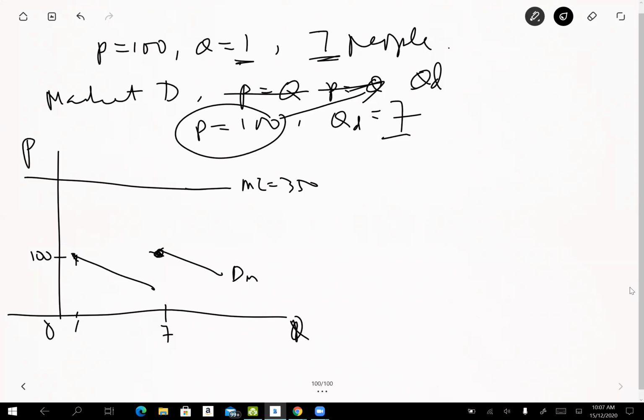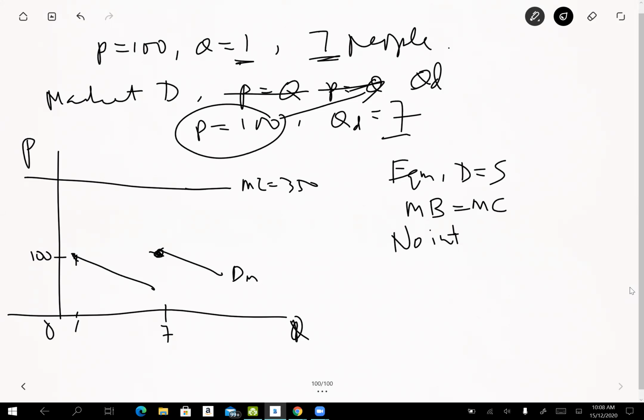So therefore, if you look at the equilibrium, what is the condition for equilibrium? Demand equal to supply, or the marginal benefit equal to the marginal cost. And you will see here, there will be no equilibrium because there is no intersection, all right, no intersection between the demand and the supply. So therefore, the market will fail to provide the good.